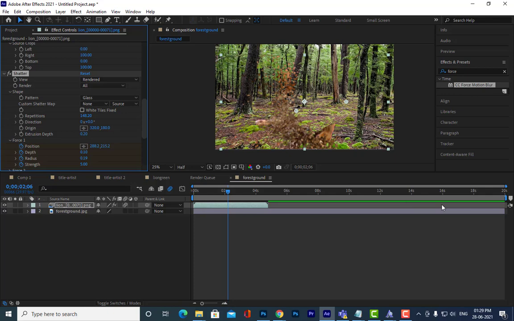Now the number of pieces I will keep 300. See here, now you can see the change. It's almost dead slow here. See, so many pieces.